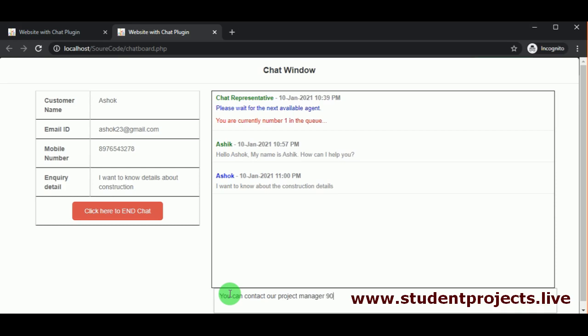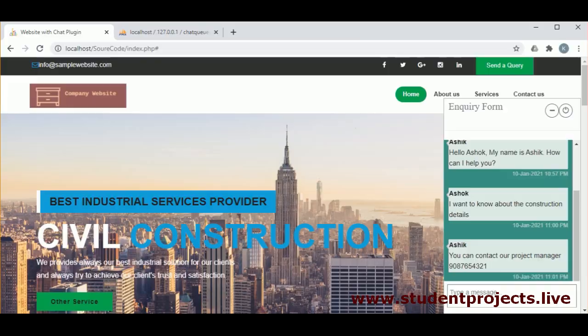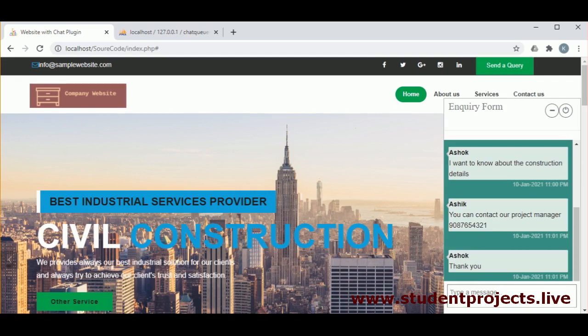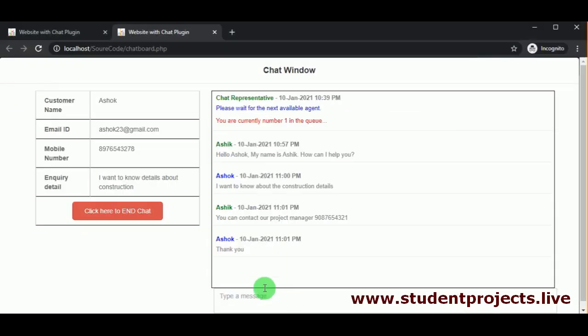You can see that the employee is communicating with the customer, and the message sent by the employee is reflected in the customer's chat window. You can see the customer replies back and it is reflected in the employee's window.